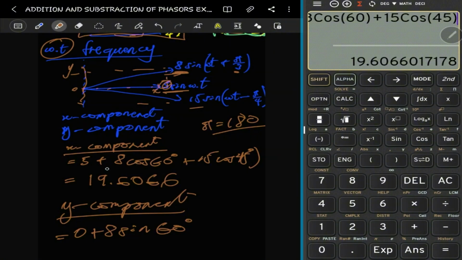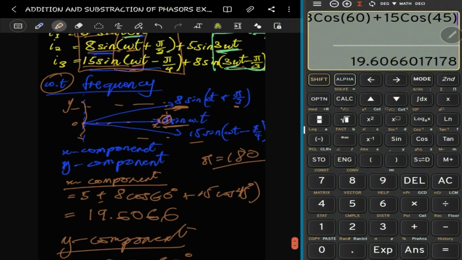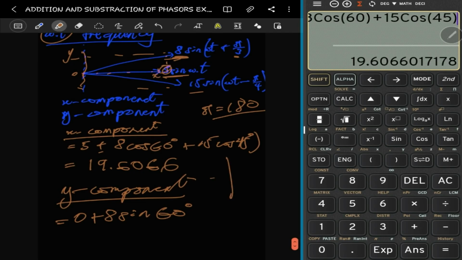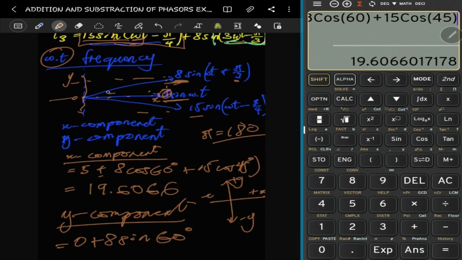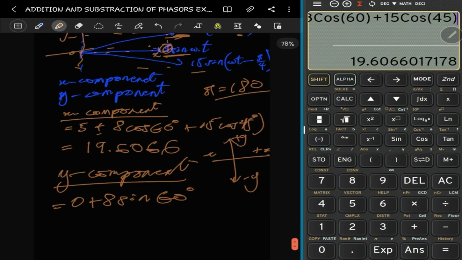You see, for the x side, we have plus. So when we draw the Cartesian coordinate system, we have x positive here, x negative here, and y positive here, and y negative here. Very clear. That's why when we find the x component of the 8, it's still positive, and when we find the x component of the 15, it's still positive. That's why it's plus plus plus. But when it comes to